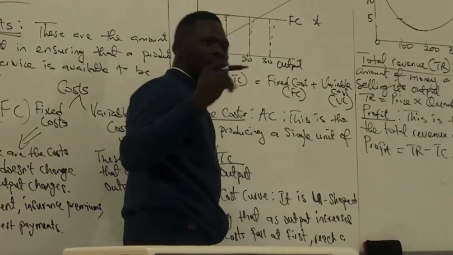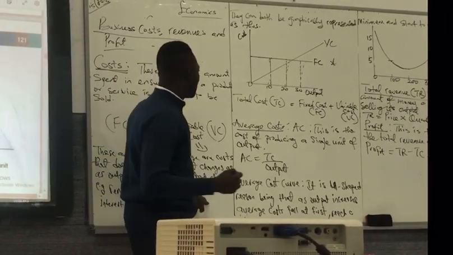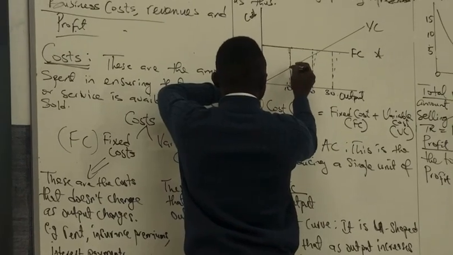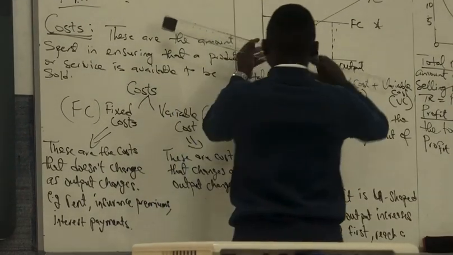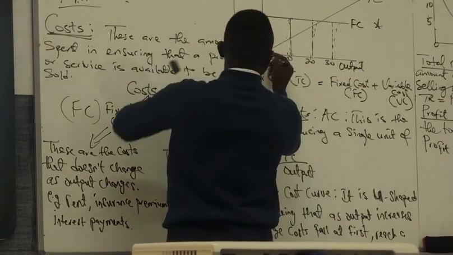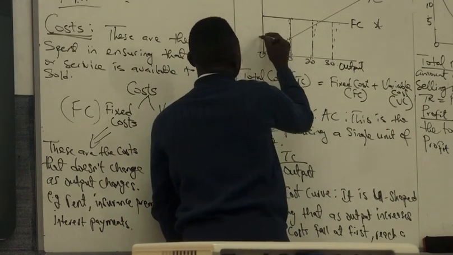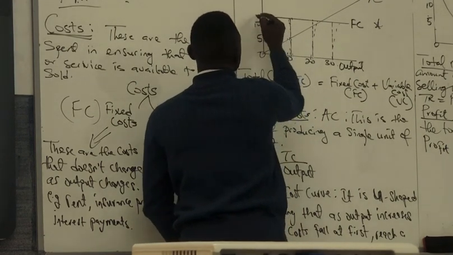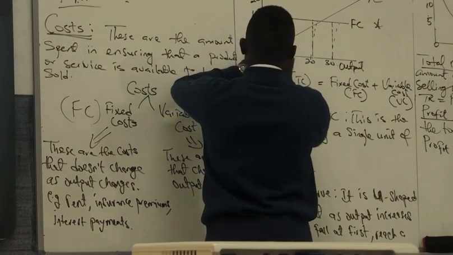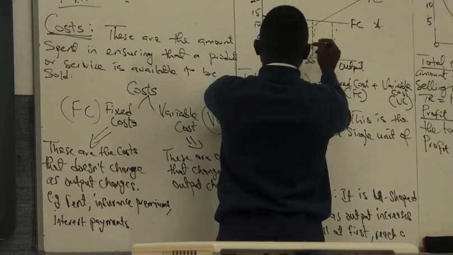For variable costs, look at the variable costs. We said these are costs that change as the level of output changes. At 0, nothing. At 10, it increases. So let's say this should be around 5. Let's say 10, 15, 20, and so on. At 0, this. As it increases, at 10, this. At 20,